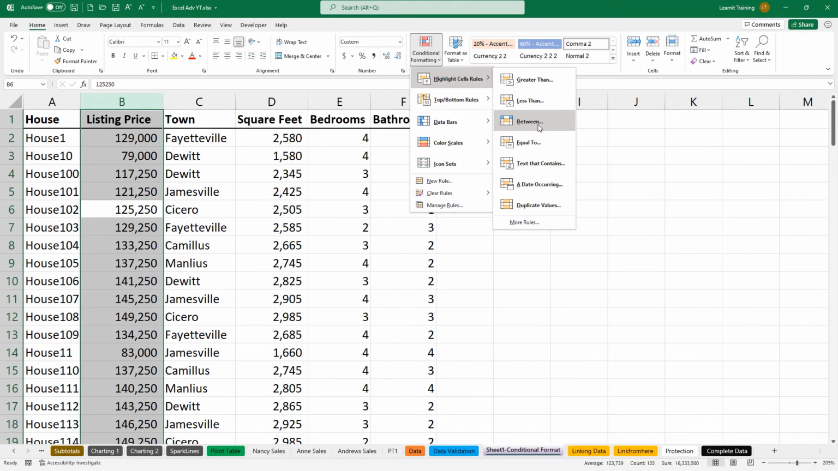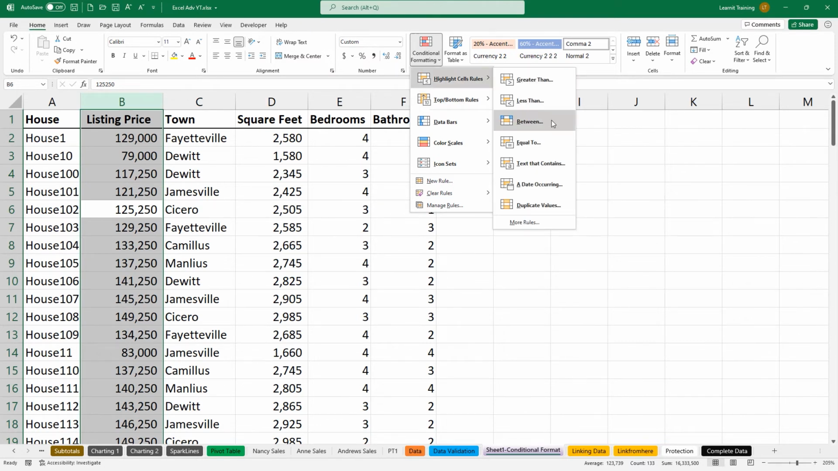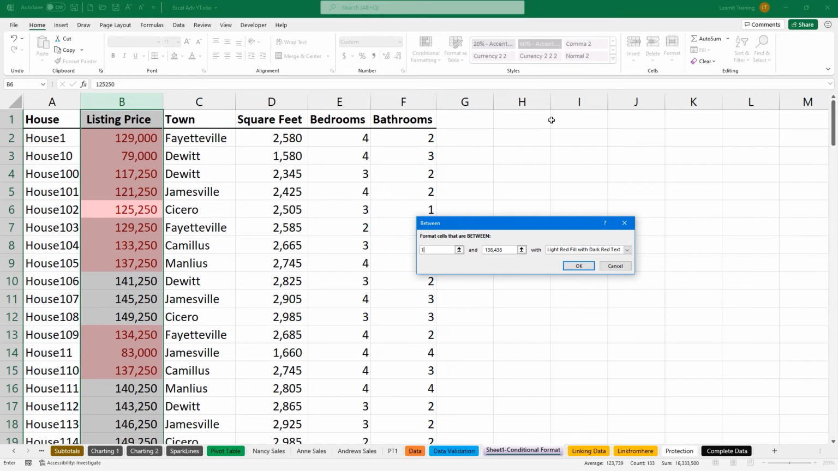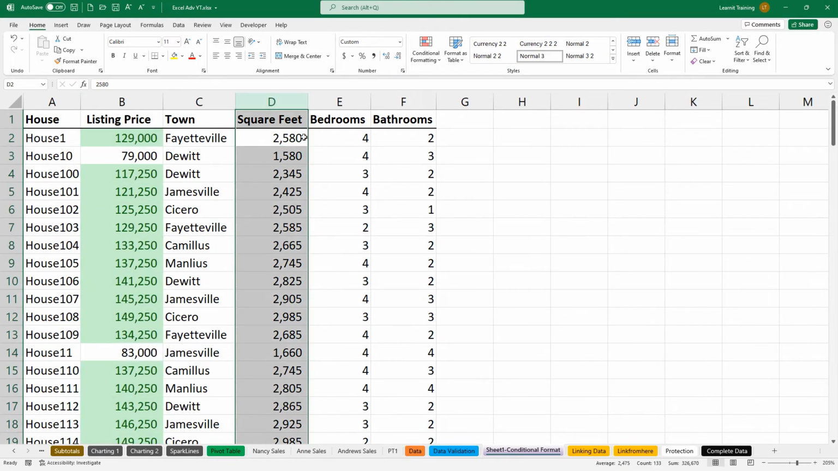I'm going to do listing price. It's just going to list and highlight listing prices that I'm looking for between a range that I'm okay with. Maybe we'll do 100,000 to about 250,000. And if these listing prices show up, I want it to be a green fill, and hit OK. That's a basic conditional format. There are other ones where you can add color scales. Let me hit Control spacebar on square feet,